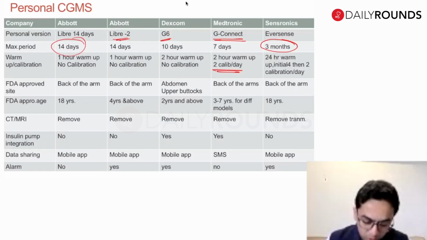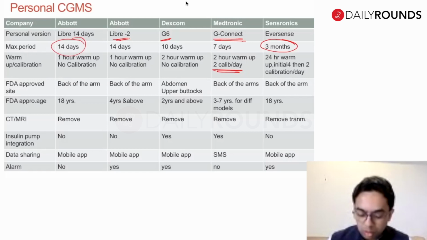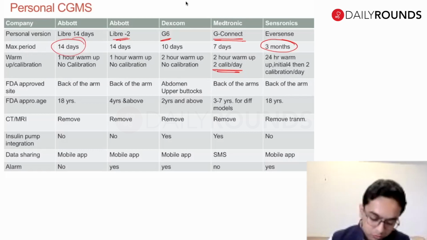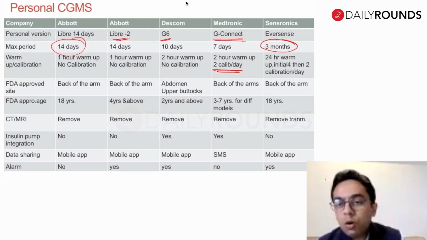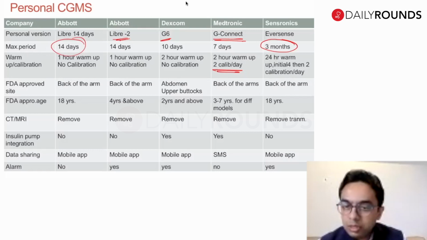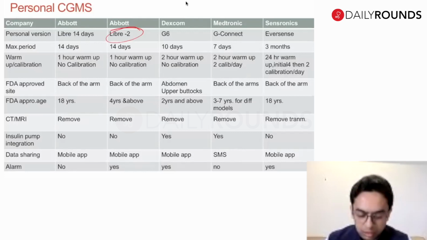Above 18 years it was approved, but this newer one is approved for 4 years and above, Dexcom about 2 years, Medtronic about 3 years. For CT and MRI you have to remove all of these, but you can take your sensor through the airport, that is allowed. Yeah, so this Libre 2 is recently approved for